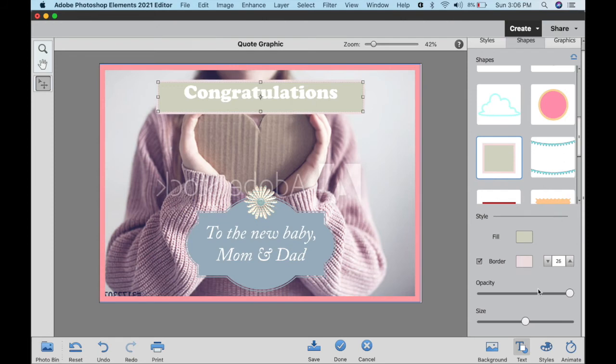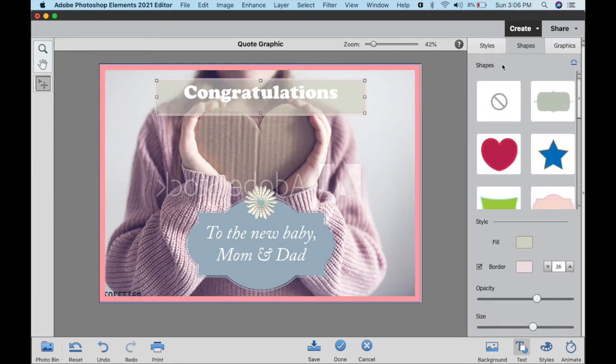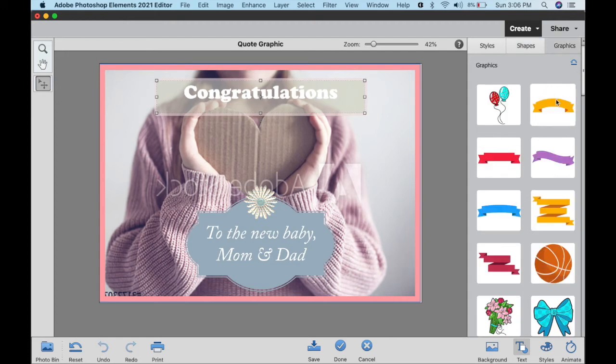So you can change the opacity of it, and there is size also. So you can increase the size of the shape behind the text. So after doing style of the text, you should be able to change the shape. And after this, there is another tab called graphics, and you should be able to add